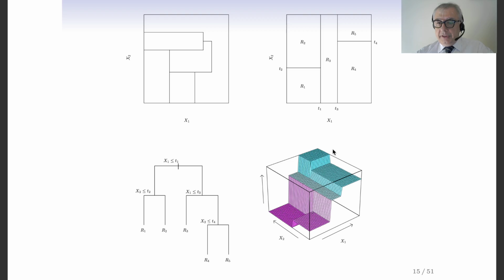And so you can see that this is quite a strange surface. So it is not continuous. So it is piecewise constant, we could say. And this is the function that you are going to obtain. Recall that here you have a regression problem with two predictor variables, x1 and x2, and therefore your final goal is finding a surface. So f, the regression function, is a function of x1 and x2. So your final goal is to find a surface, and this is a way to approximate a surface by means of a piecewise constant